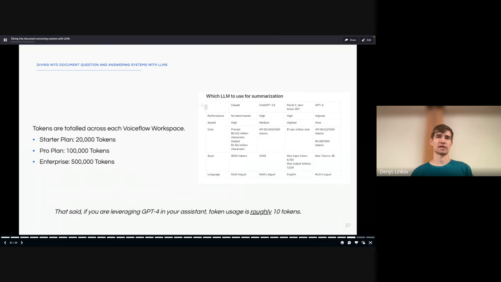We roughly 10x the cost, even though it's closer to 20 to 30, just for simplicity's sake when a user is using that. So it becomes a little bit interesting for tracking when you have multiple models, multiple use cases across these different things. It's still something that we're figuring out, because you also have different users in mind. Some users are power users, they're burning through the tokens. Others are using other parts of the platform.